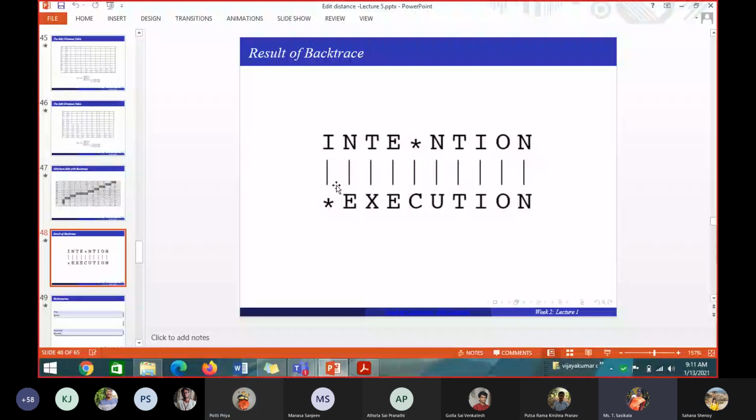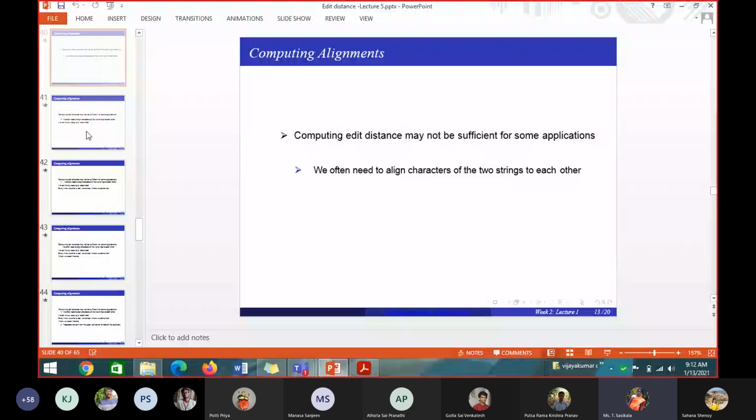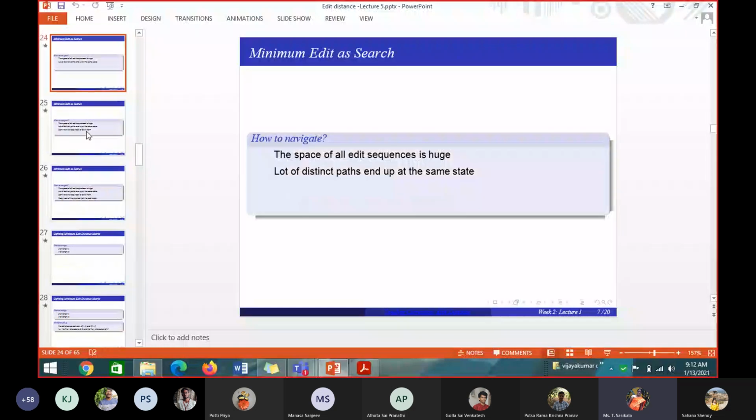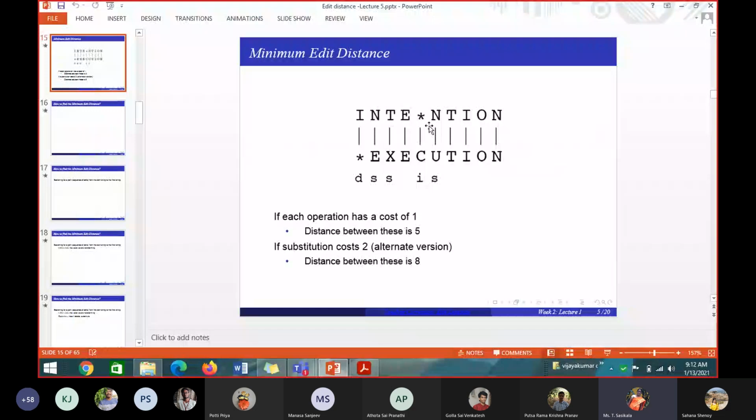Listen. Initially, I showed one table like this. I told you that after you finish that table, you will be able to make out how you got it. This one, the same thing, right? I told you how deletion happens, how substitution happens. So here, I in my input string is replaced by star. What operation is applied here? Deletion. Down you have to write D. N in my input string replaced by E in my output string means what operation?